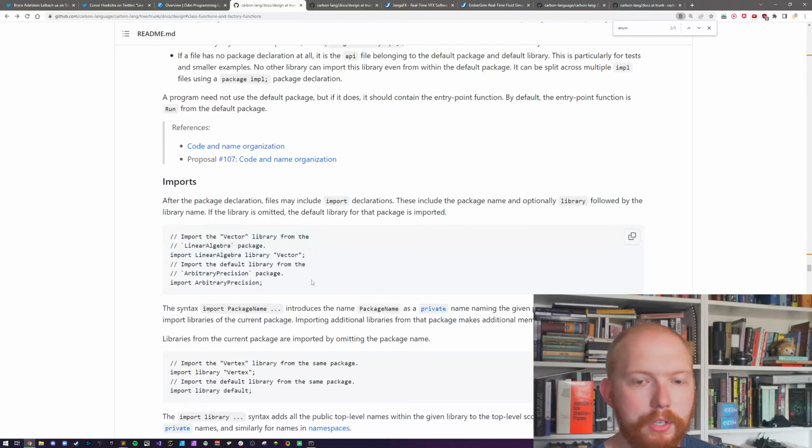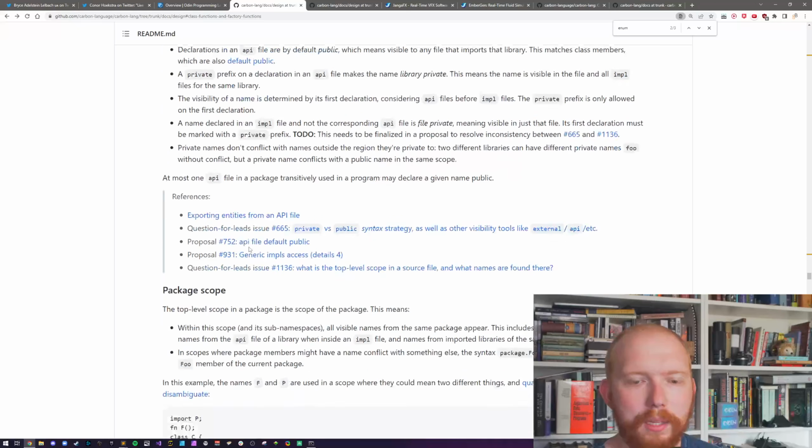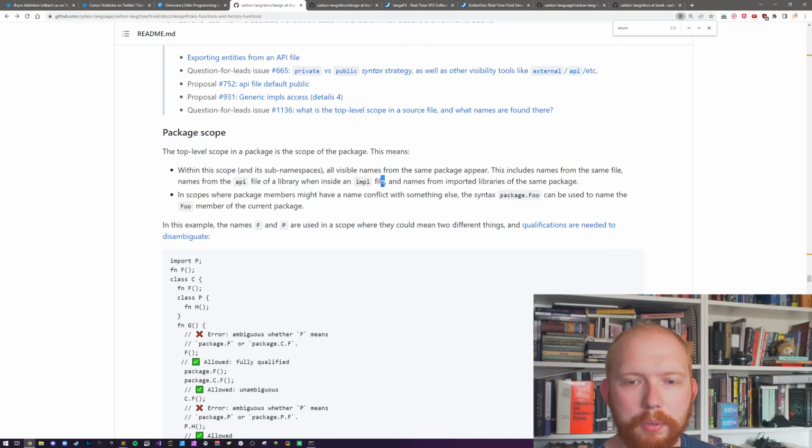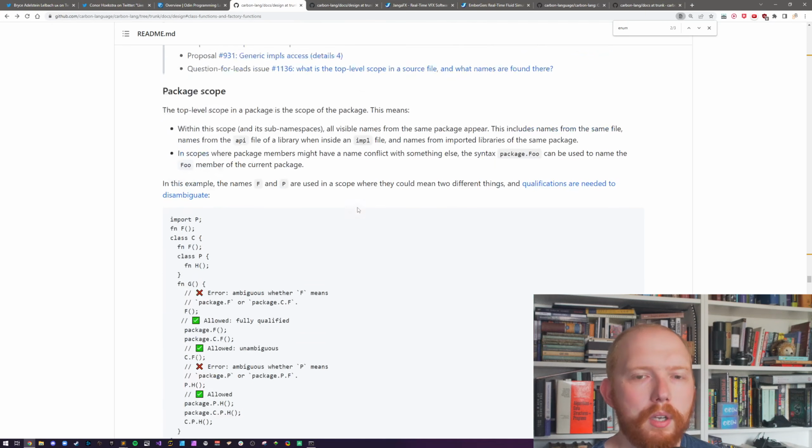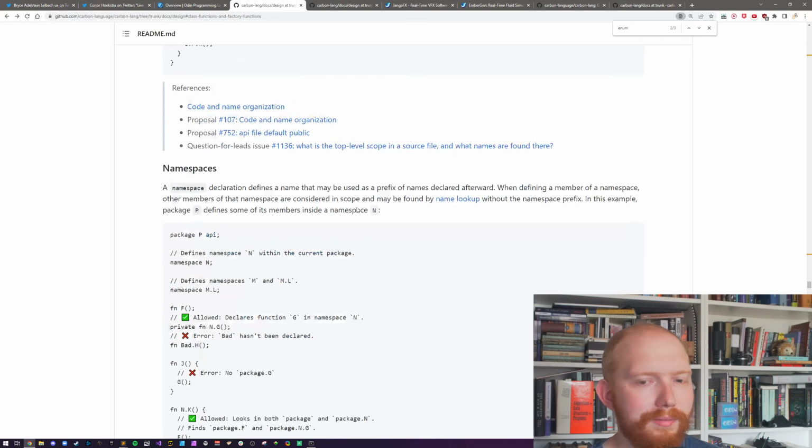They've got the package declaration stuff, which I think is a little bit weird, especially with how you have to define. There's loads of extra things in here, like how the package scope stuff, like API and the impl stuff, which is a bit weird. I'm not sure why they're making that distinction there when you don't need to if you're designing a new language. Maybe you do, maybe in C++ with headers, but you don't need headers anymore.